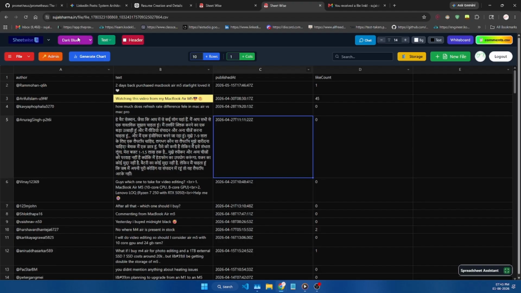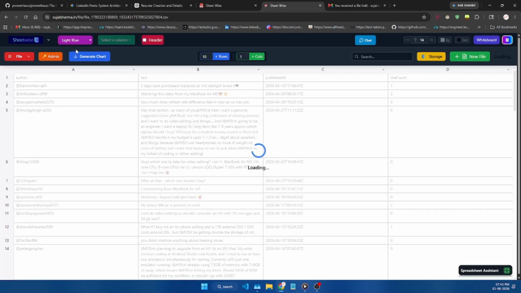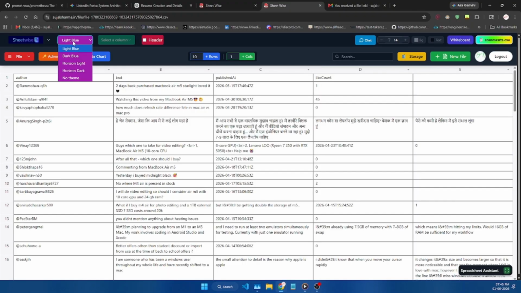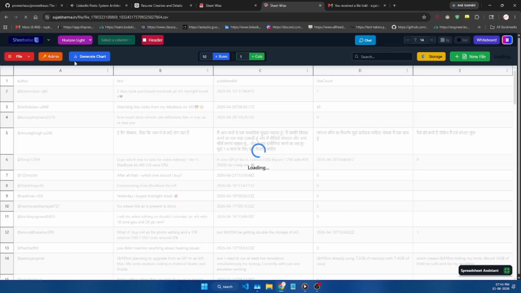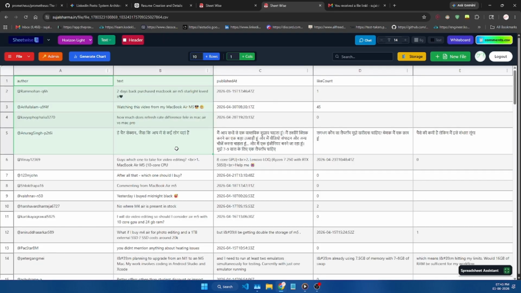Now you can change the theme. Make it light blue, dark blue, which is, by the way, the default. Horizon light, it's a green theme, kind of looks good.